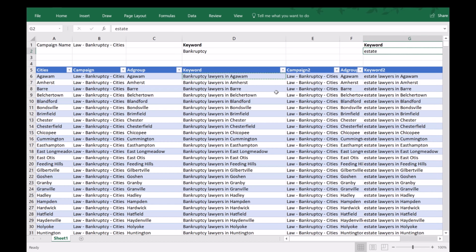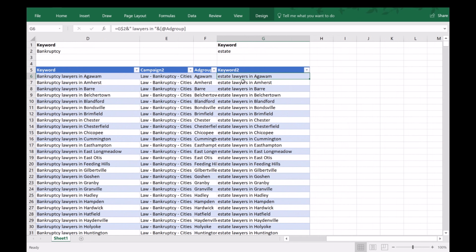Okay, and I will explain to you why I don't put the name in front of the keyword, instead of putting it after lawyers in. Because when we add dynamic keyword insertion, the advertisement will show this specific keyword in the ad. And if you do, for example, Chester Estate Lawyers, people will think that you're calling a guy named Chester, or you're calling a guy named Hadley. What we want to do is be as specific as possible in our ad to avoid